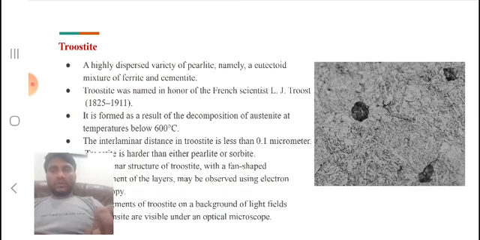It is very easy to remember. Perlite is at 723 degrees centigrade. The decomposition of austenite into perlite takes place at 723 degrees centigrade. That is the isothermal reaction temperature. And to get sorbite, we have to cool the hypoeutectoid steel at 650 degrees centigrade, and trustite we should cool at 600 to 550 degrees centigrade.